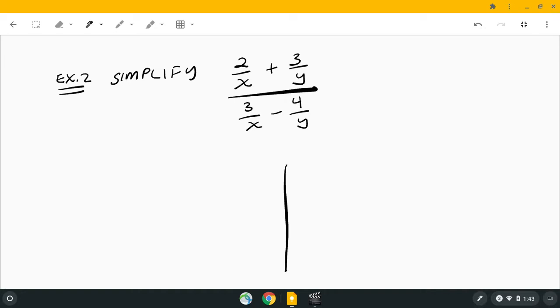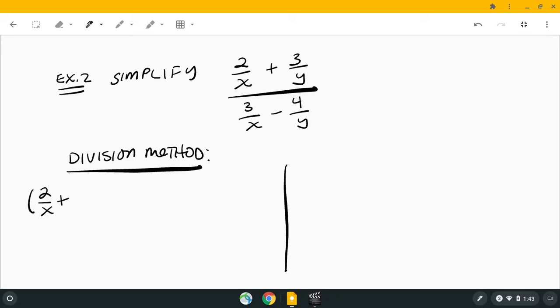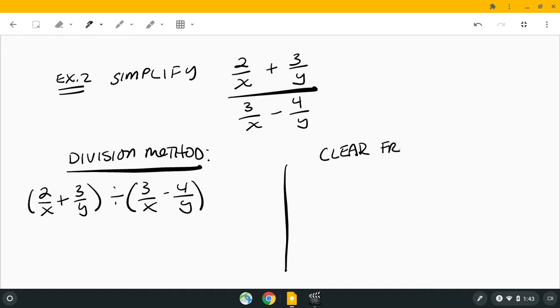If you use the division method, then that would turn into 2 over x plus 3 over y divided by 3 over x minus 4 over y. If you use multiplying by the LCD to clear fractions, the clear fractions method,